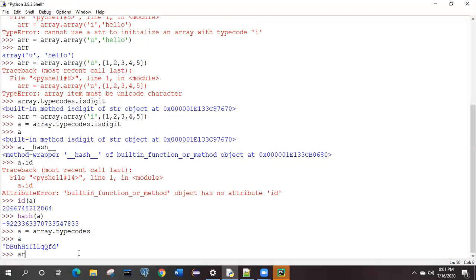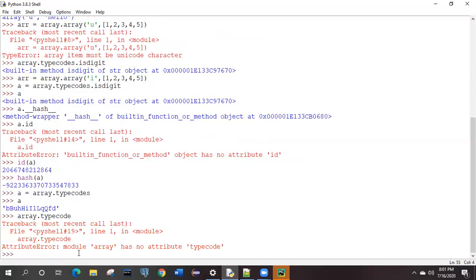Suppose it shows you a bunch of type codes, and just now it showed a total of 13. If we want to explore a particular type code only, how can we see it? As we have already seen, if we press dot, it only has array type and typecodes. There is no particular type code; it is not going to give you a single value. So you have seen the usage of these two, U and I.